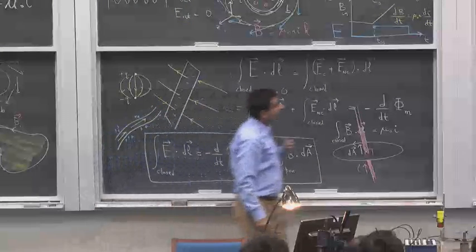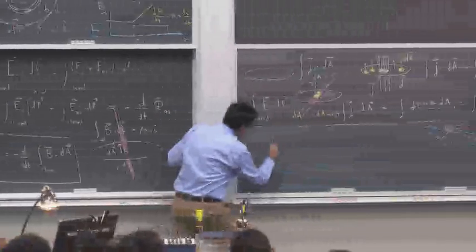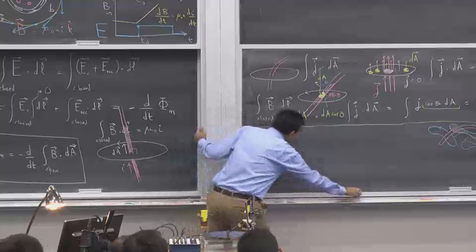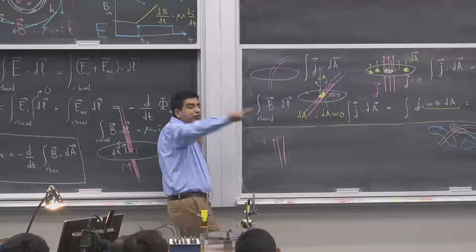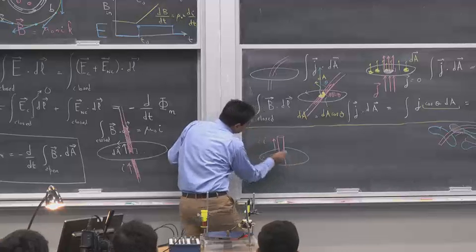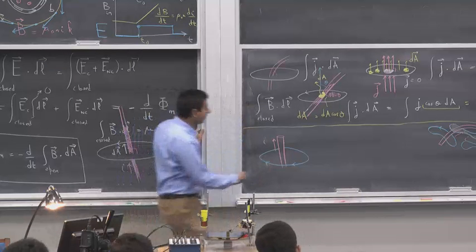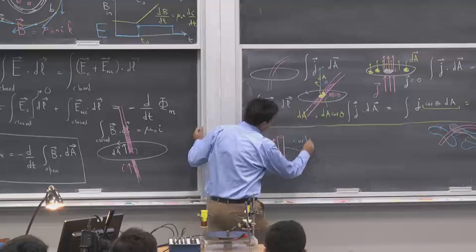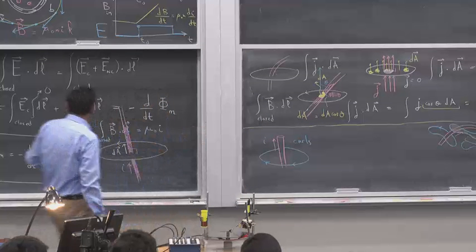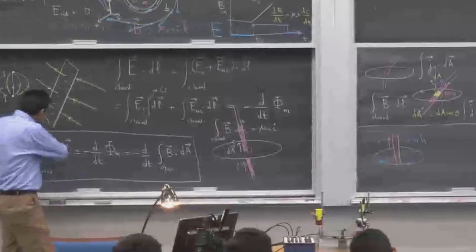Remember that if I have a wire which is carrying a steady current, then the magnetic field around this wire is going to be tangential. It's going to go around like this. It's going to be curly, in other words. This is Ampere's law. What Faraday's law is going to tell us is that you can have curly electric fields